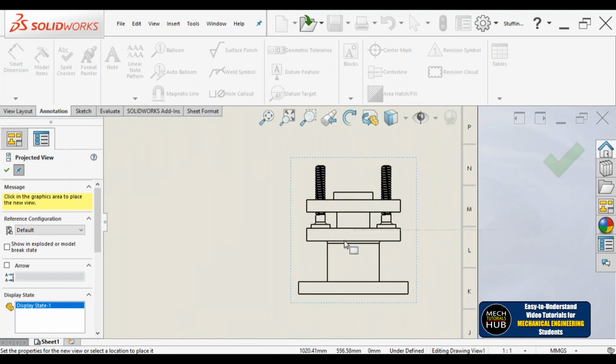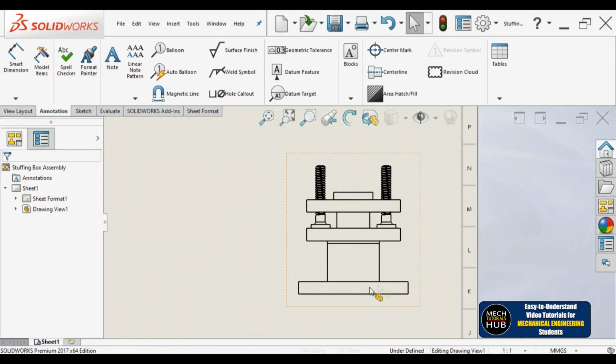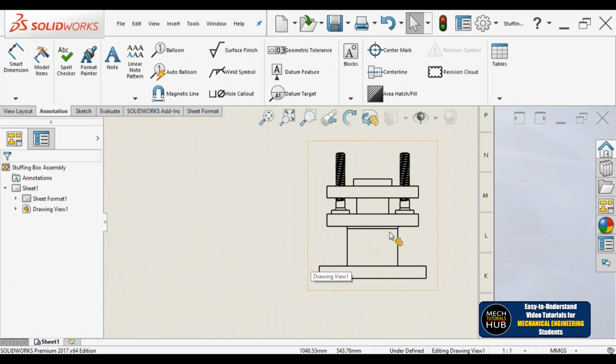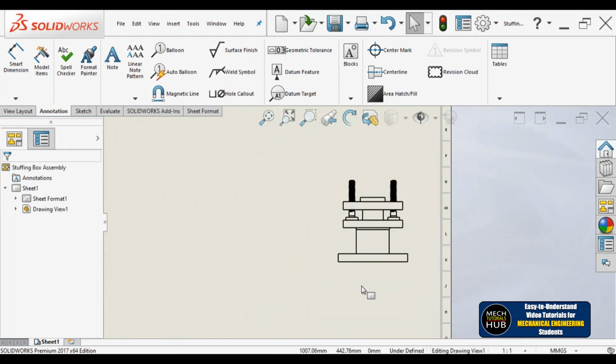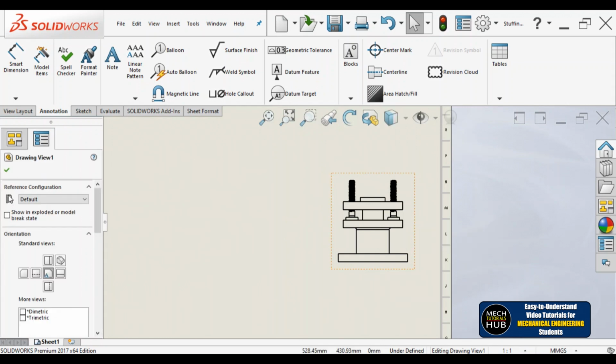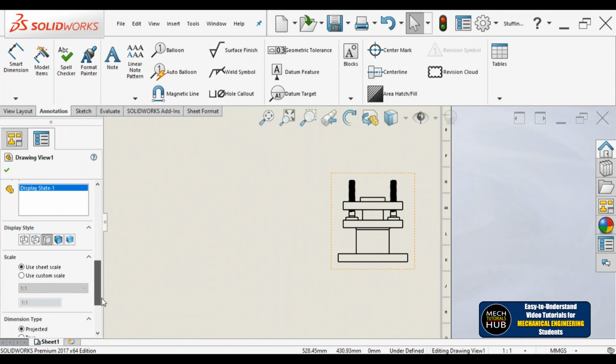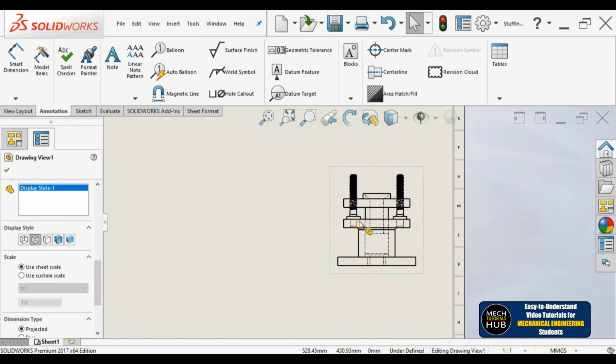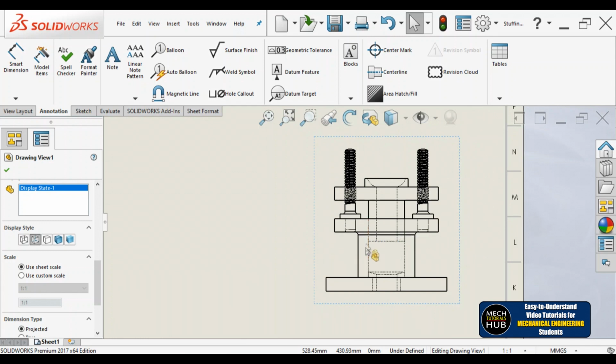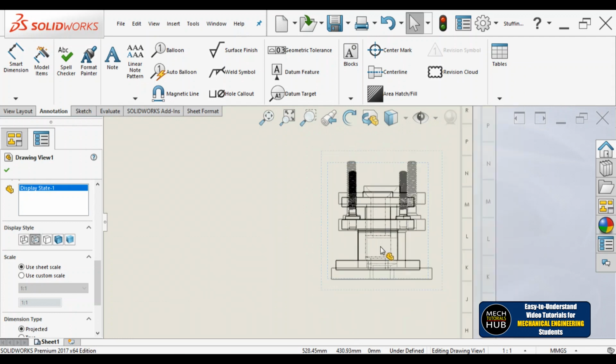Just have a look. I just zoom it out. I'll escape. Now you can see the view. This is the complete assembly of the stuffing box. Here if I click the view, you can see the left ribbon will open. If I scroll down slowly, I can keep the component in complete wireframe also. Alright, so invisible edges can also be seen with a hidden line.